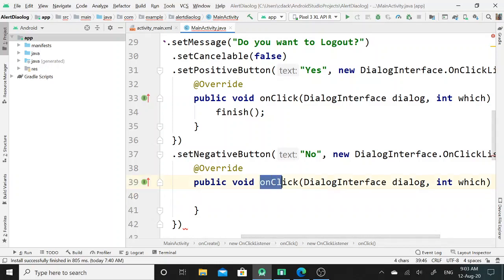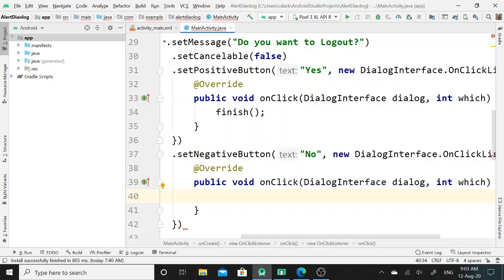And in abstract onClick method of this interface, since when user clicks on no negative button, it means my mobile application will continue,